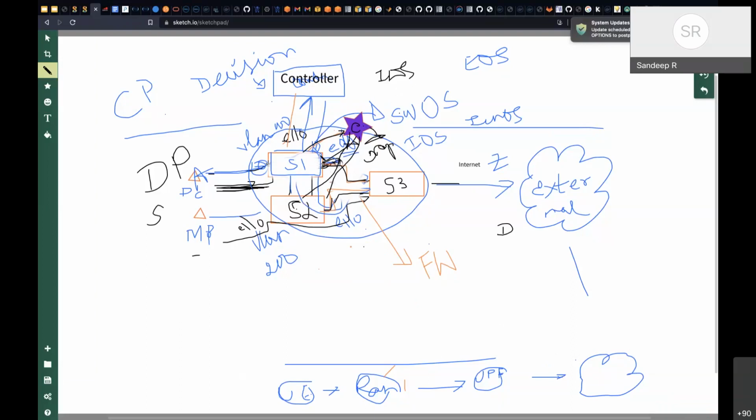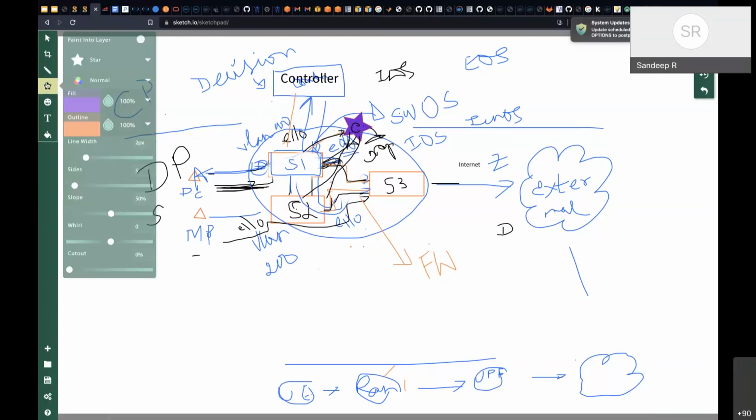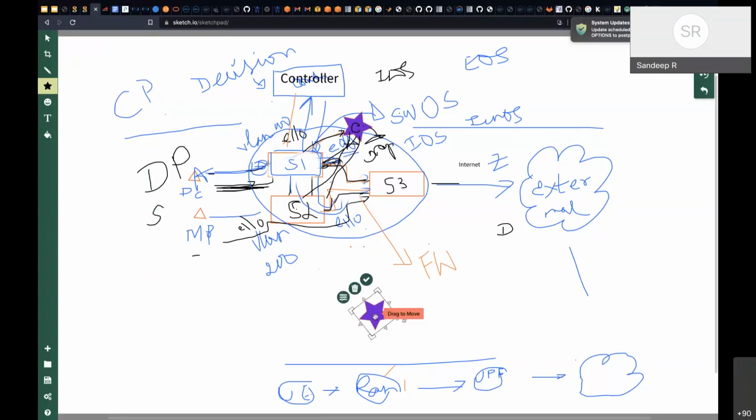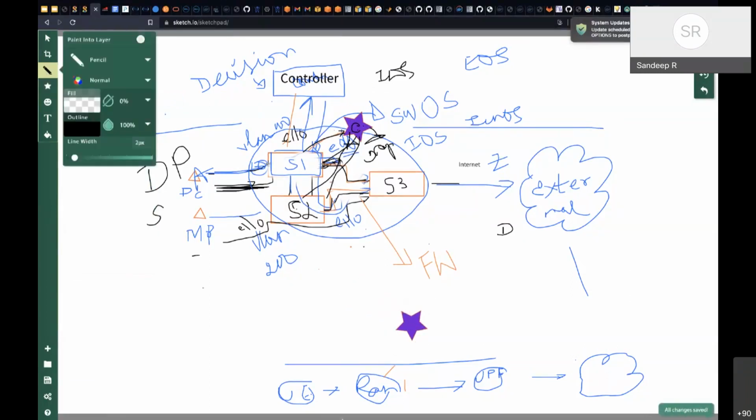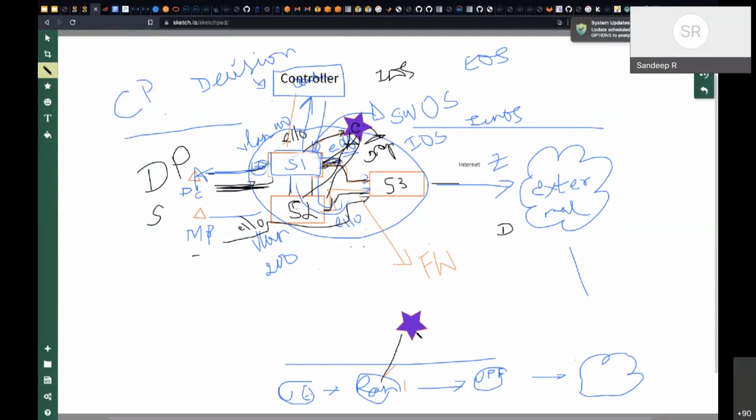Look at the ease with which we can deploy a firewall without having to change anything. Otherwise, we had to go physically to every layer of S1, S2, and then drop a firewall and come back. Similarly in a RAN, if you want to do a firewall, all you have to do is find a way to drop a firewall. Again, let's say this star is a firewall, and then program the RAN to send the packets to the firewall. If the firewall looks good, it will return it. Otherwise, the firewall drops the packet. If the firewall doesn't like the packet, it will not even return it to the RAN. That way, the path is broken and the whole user path gets terminated.